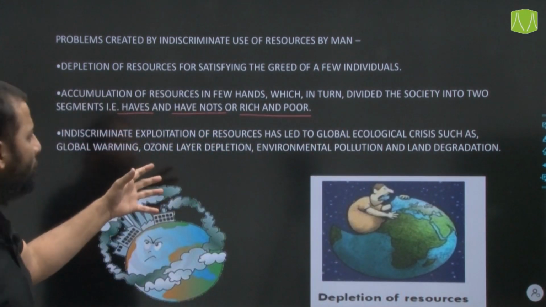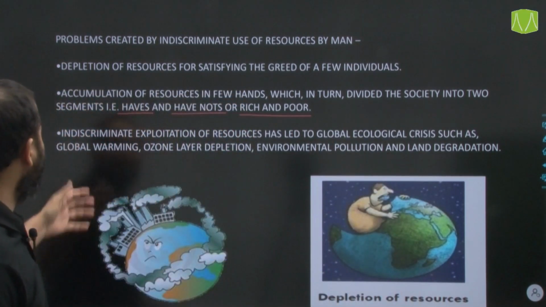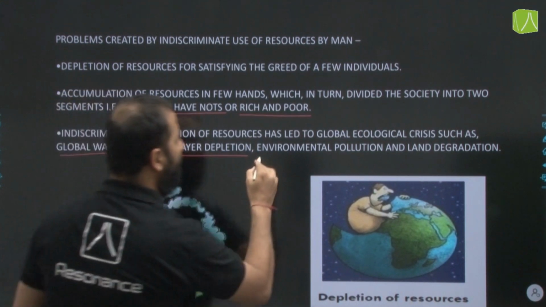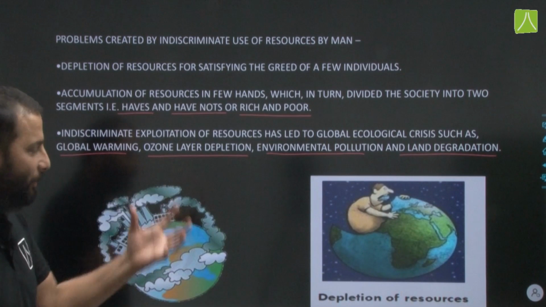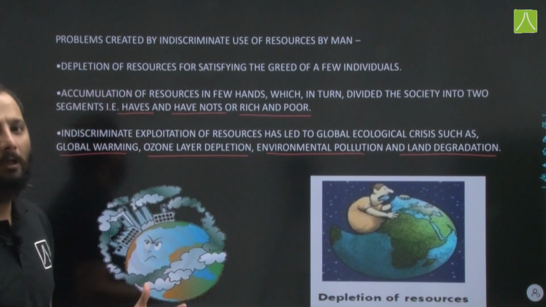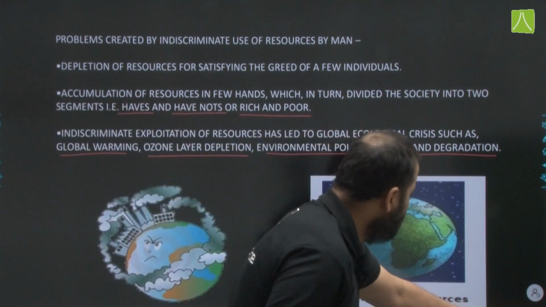Indiscriminate exploitation of resources has also led to global ecological crisis such as global warming, ozone layer depletion, environmental pollution and land degradation. All these are issues which are of immediate concern for the whole humanity. Alright. Okay. So, next part,